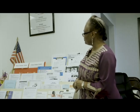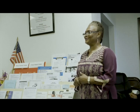Next topic is repairs. The repair law in Texas is called the warranty of habitability. It basically says landlords have a duty to repair conditions that affect the physical health and safety of ordinary tenants. Flooding, plumbing, leaking, mold, infestation, lack of heat, lack of hot water, lack of air conditioning, of course, if they're